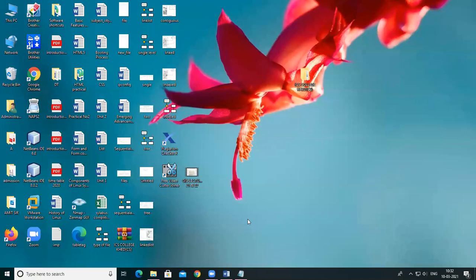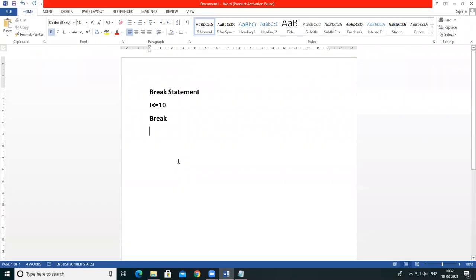Then the another statement is continue statement. So this continue statement tells the interpreter to immediately start the next iteration of the loop and skip the remaining code block. So when a continue statement is encountered, the program flow moves to the loop to check the expression immediately, and if the condition remains true, then it starts the next iteration. Otherwise, the control comes out of the loop.